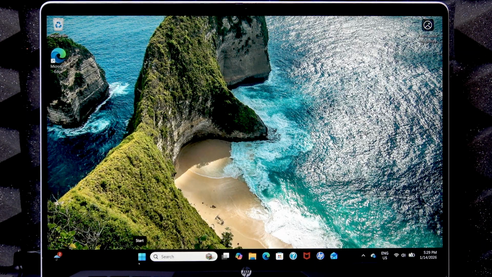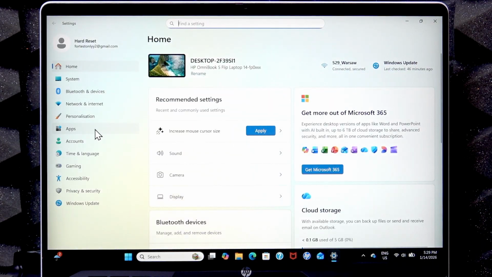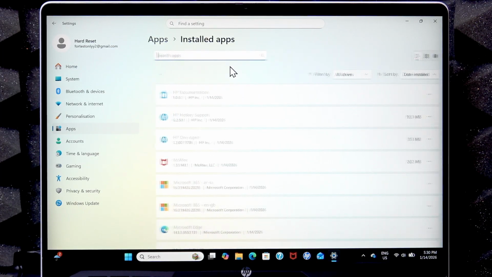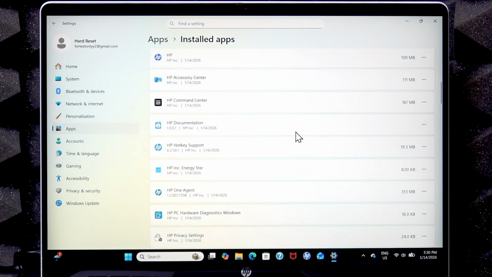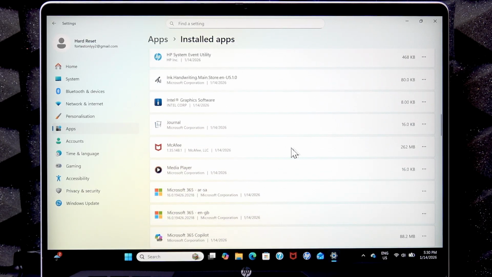all we have to do to uninstall them is go to the Start menu, then open Settings, and then open the Apps menu on the sidebar. Now select Installed Apps and scroll down and find the bloatware that you want to uninstall. For example, I think most of you would love to uninstall McAfee